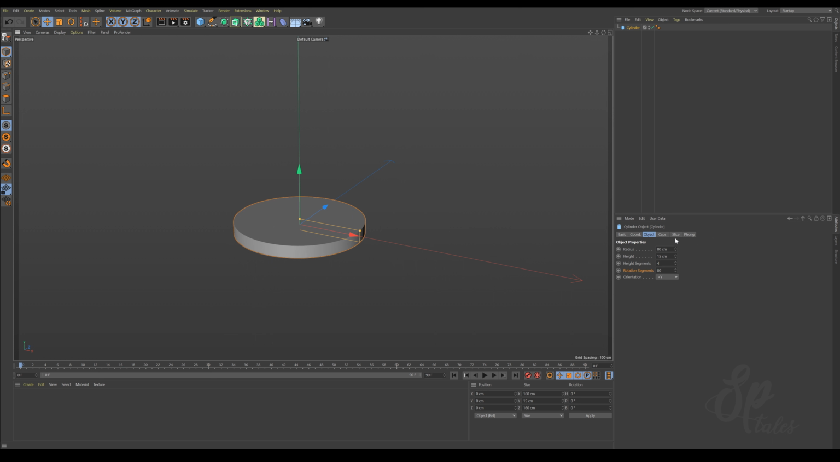Now go to caps and go to fillet, and then segment 3 is fine. Let's reduce the radius. Okay, now we need one more cylinder,